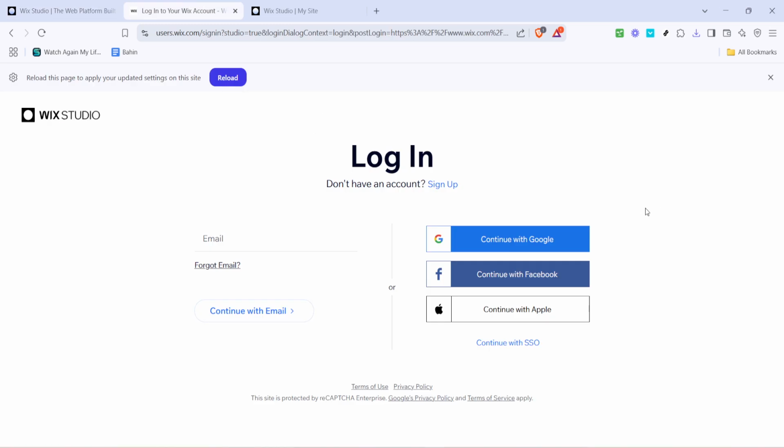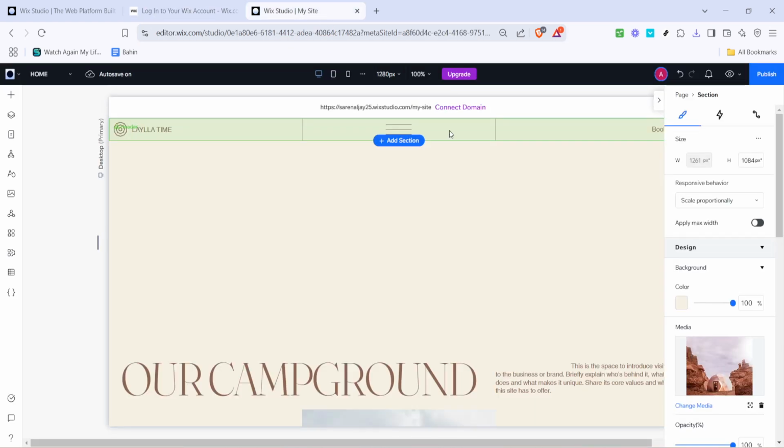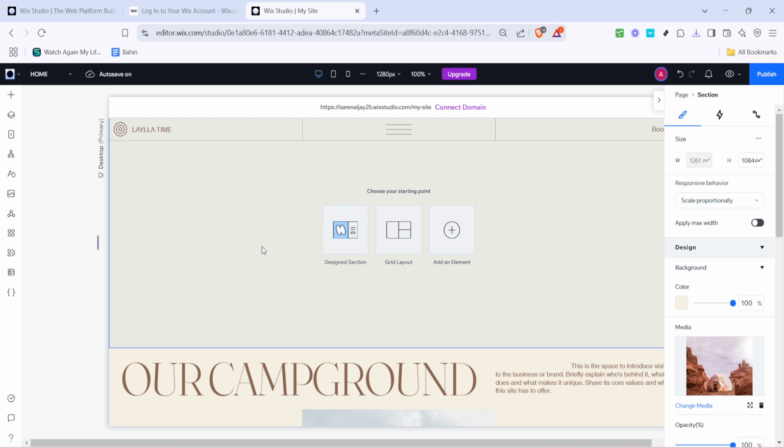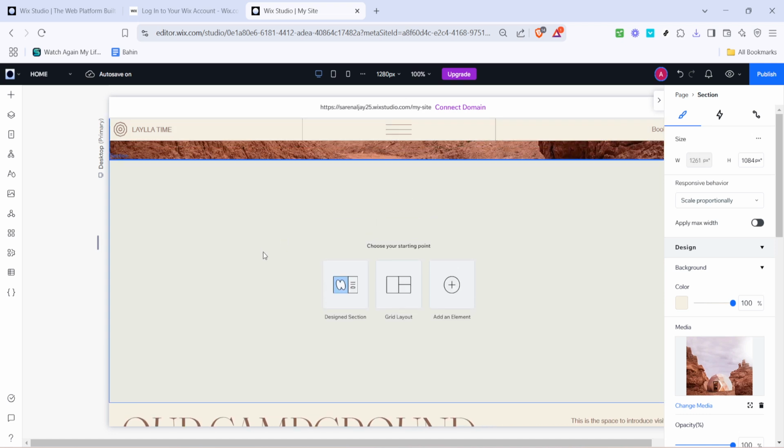If this is your first time here, you'll need to enter your login credentials. If you're already logged in, this process will go a little quicker for you. Next, you'll want to click on Continue with Google. This is a convenient option if you've linked your Google account with Wix. Using this method saves time, as it's a seamless way to gain access and sync your accounts across different platforms.